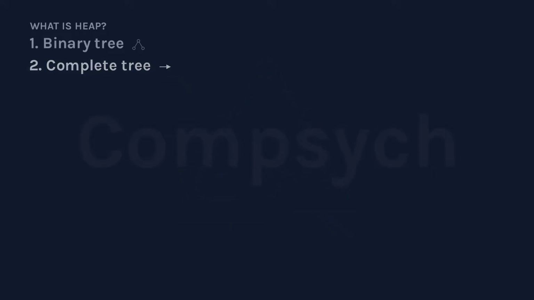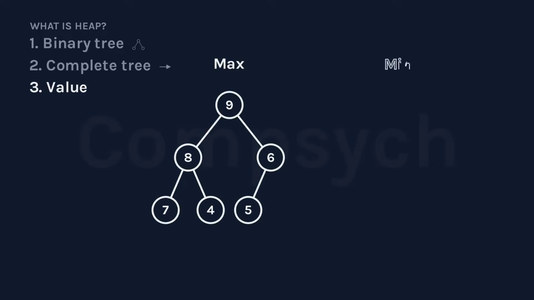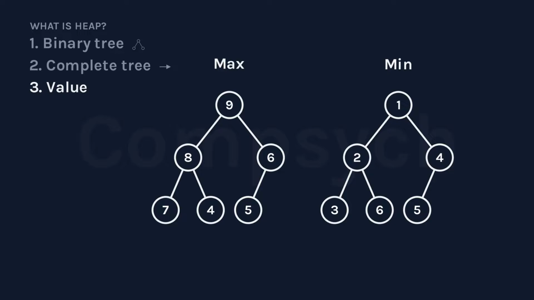Let's take a look at the last property, the value. In a heap, each node has a value. Heap organizes these values in 2 ways. It's either a max heap or a min heap. If every node is larger than or equal to both children, left child and right child, we call it a max heap. If every node is smaller than or equal to both children, left child and right child, we call